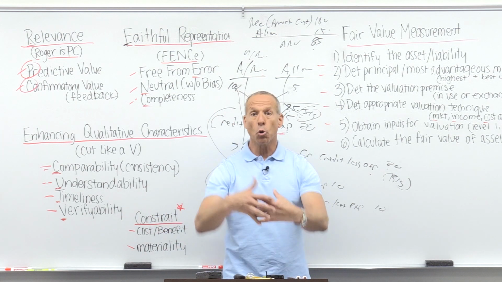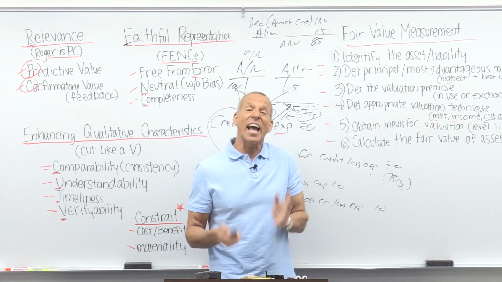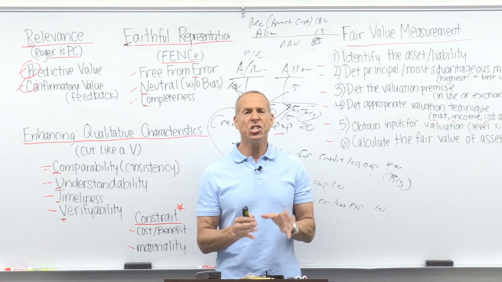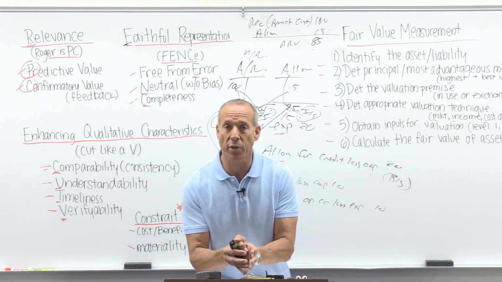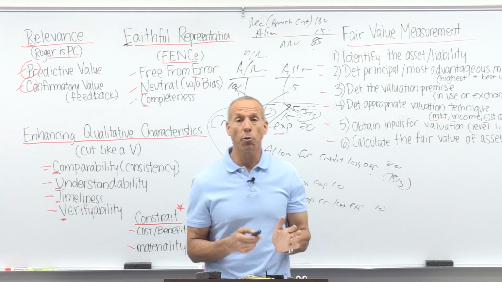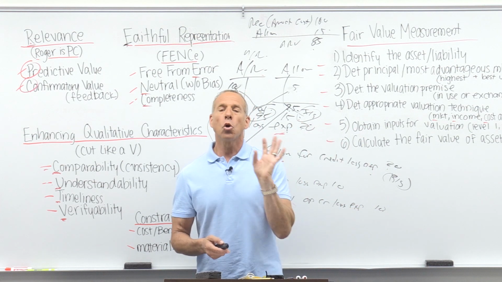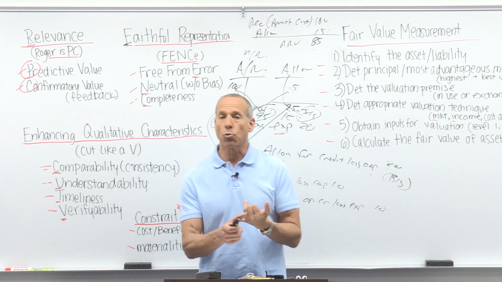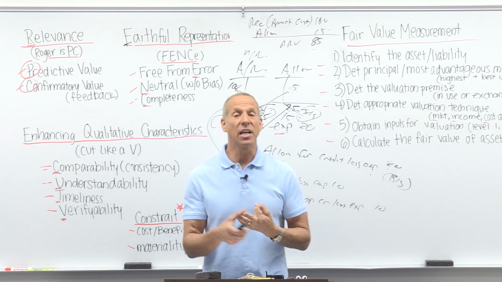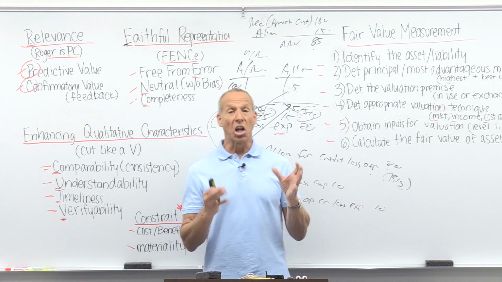Let's say I have a group or a pool of these receivables. Well, there's also a lot of flexibility on how to account for the pool of financial assets if they share similar risk characteristics. And again, that's what we're measuring. Remember in the old days, we measured the loss, now we're measuring the risk. We're saying, what's the future risk? What's going to happen down the road? So risk characteristics can include things like risk ratings, the financial asset types that we're looking at. It could be collateral types, the size, geographical location, the customer types.